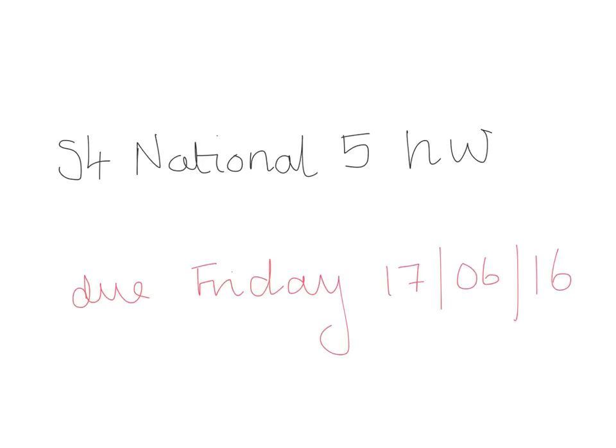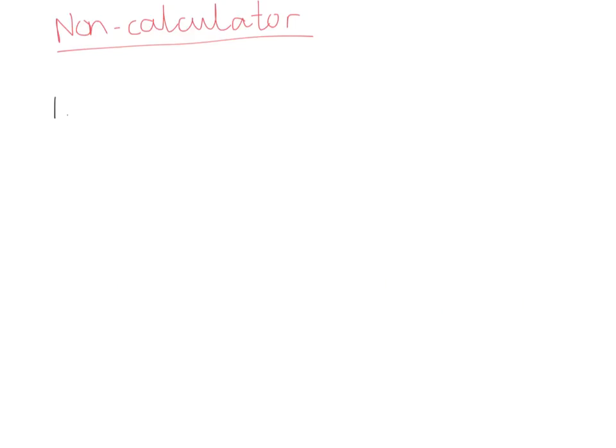This is the S4 National 5 homework help video for Friday the 17th of June. The first question asks you to evaluate 68.23 plus 0.71 times 80. The main thing to remember in this one is to use BODMAS, so make sure you're using the correct operations